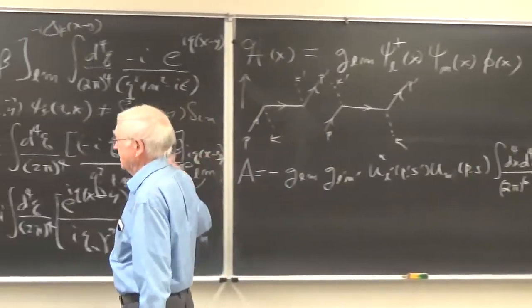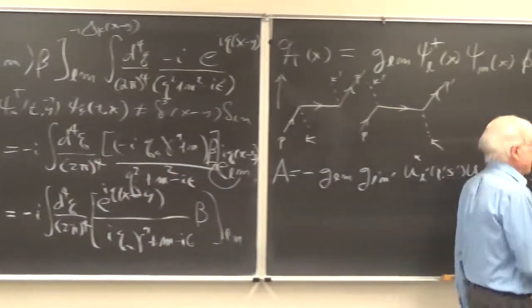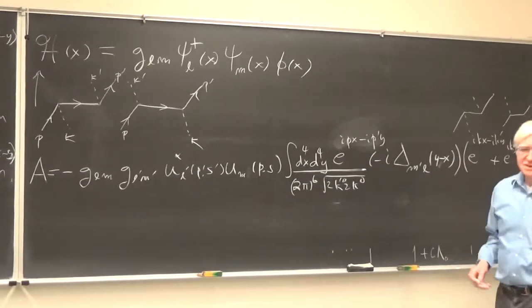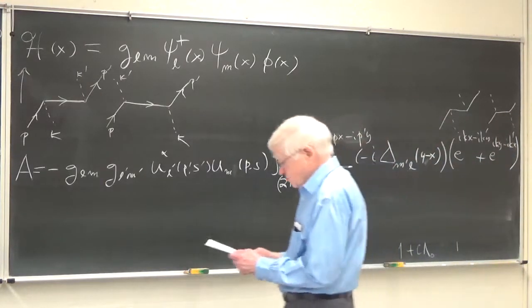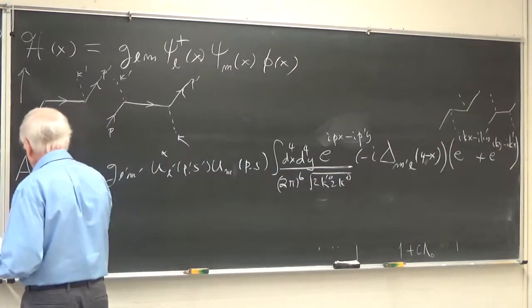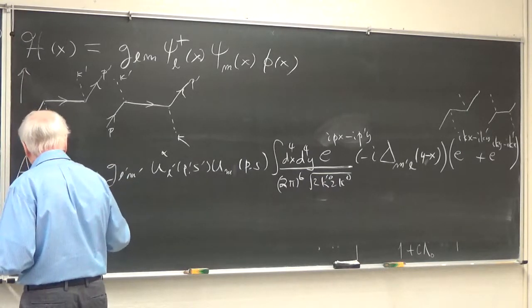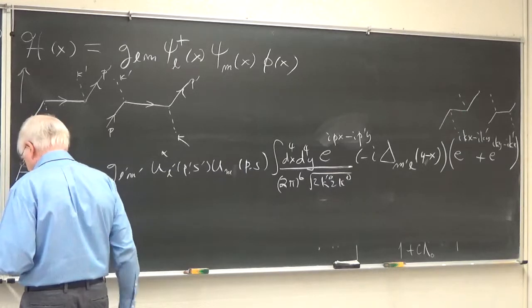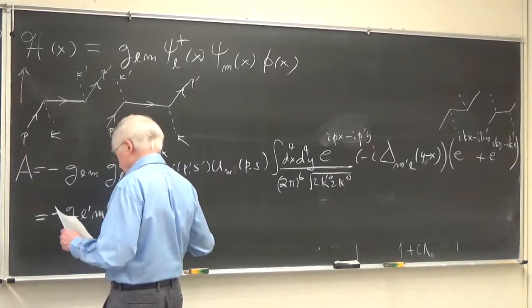This one is x minus y. This one is Lm, and this one is m prime L. So you have to interchange x and y, and interchange L and m prime and m and L. If you do all that, what you find is that A is equal to minus G L prime M prime, no, yes, L prime M prime, GLM